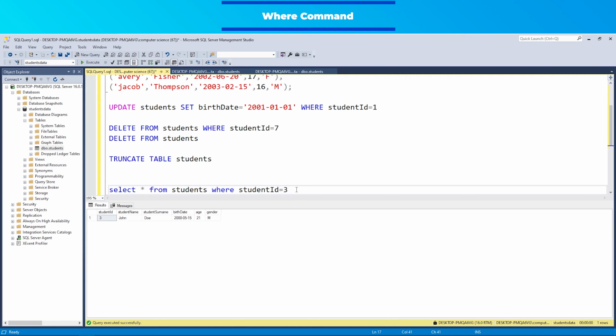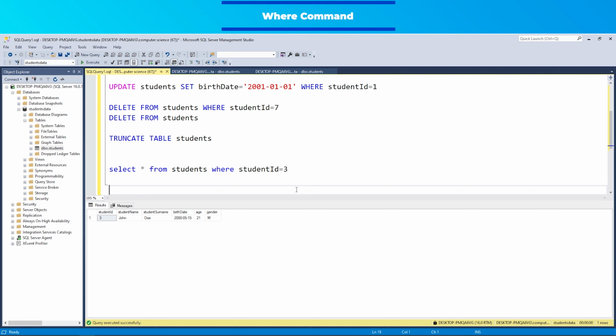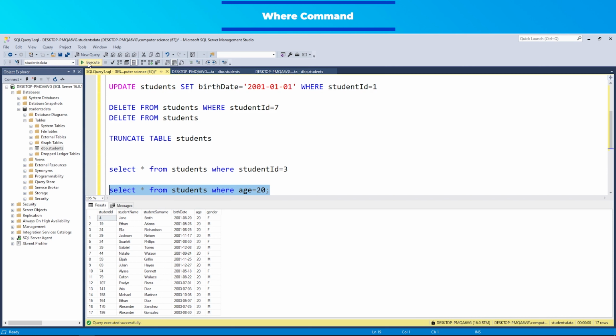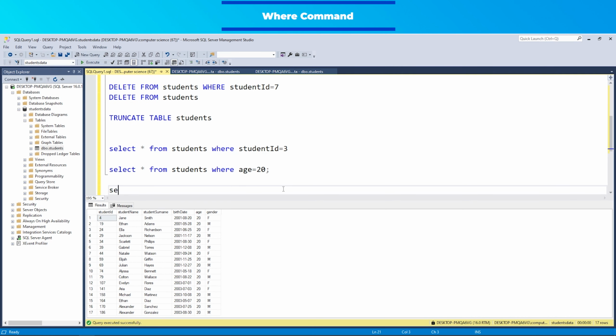When I want to find students who are 20 years old in the students table, I should use the expression select asterisk from students where age equals 20. To display students who are not 20 years old, I should use the expression select asterisk from students where age not equal to 20.